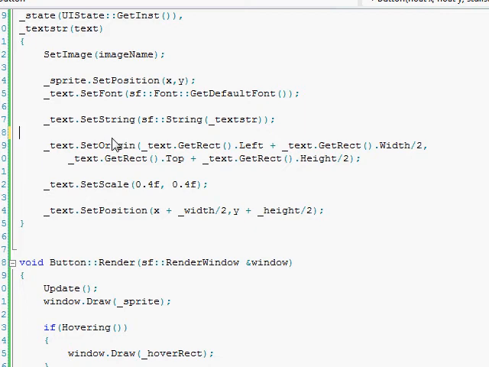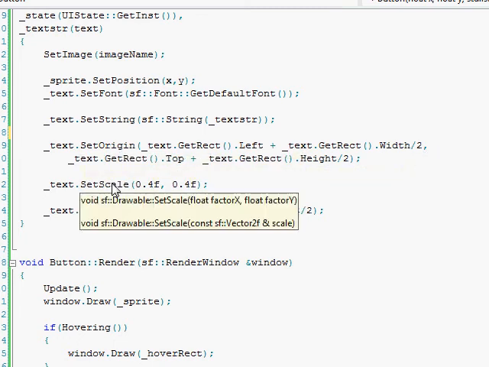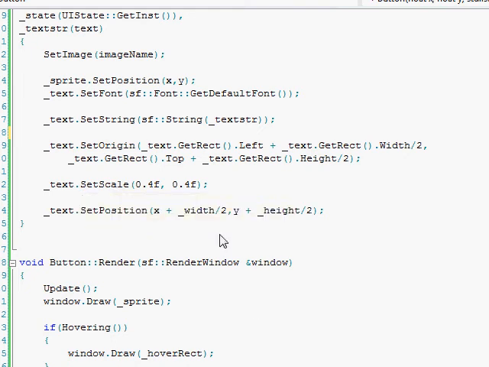So I had to get the rectangle, find its center point, and set that as the origin, and then scale it down. They don't have a set size in SFML 2, so I scaled it to 40%, and then set the position to the center point of the